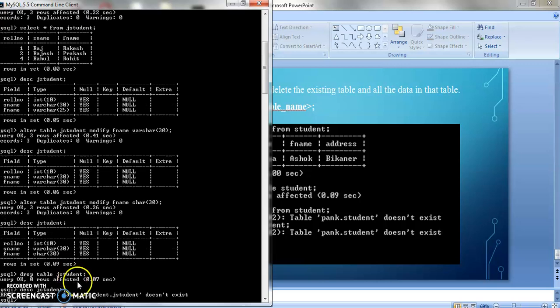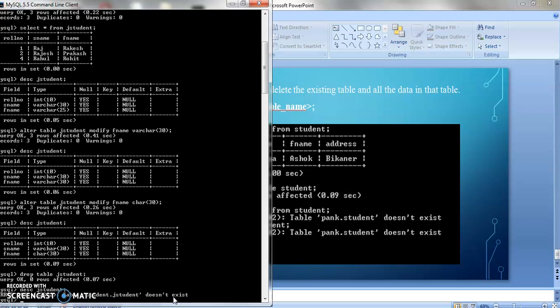So you can see what message is coming. The table student.JStudent doesn't exist. So here student is my database and JStudent is my table. It doesn't exist, means the table is deleted permanently and doesn't exist in the database.